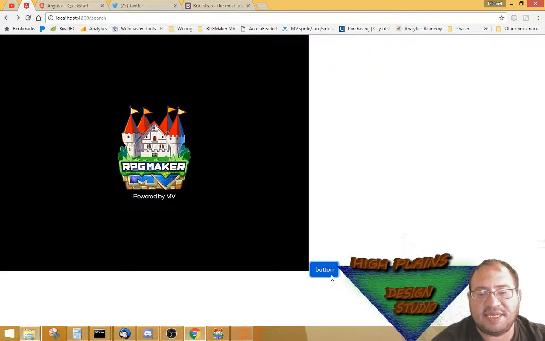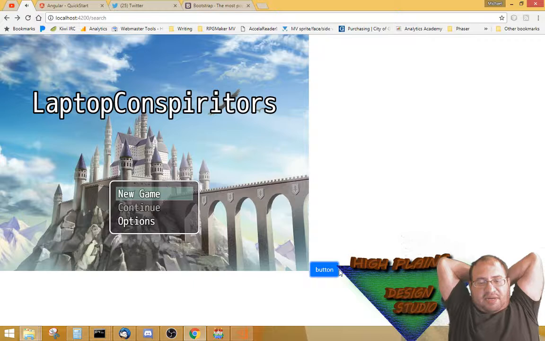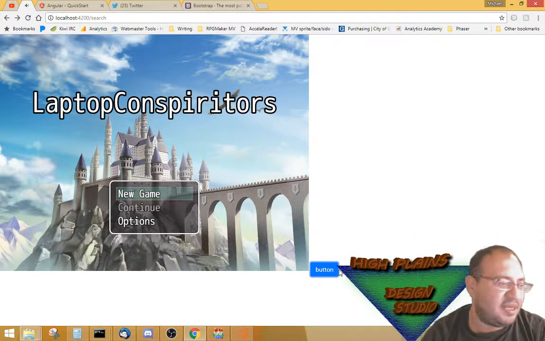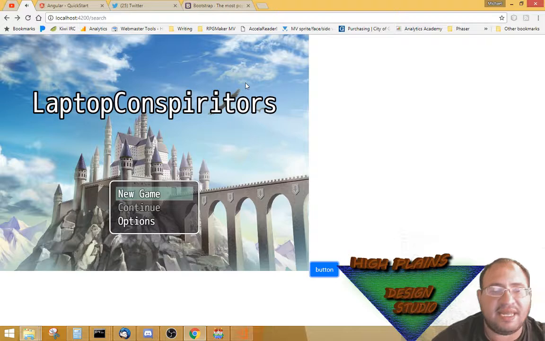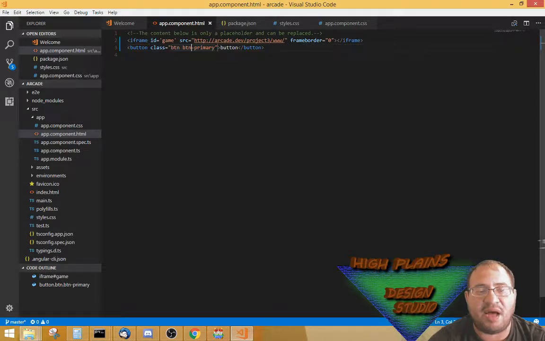Bam! CSS from Bootstrap in Angular. Couldn't remember, but now I remember. It was a quick little, oh my goodness. Alright, so what comes next? I don't even have a little checklist. I did not prepare. I don't have my list this time. I'm just trying this out to see how it works. But let's keep going. The next thing would obviously be,